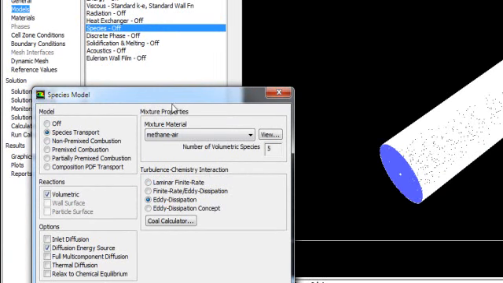So remember this configuration for methane-air combustion. So we will use species transport with volumetric reaction, and the reaction will be diffusion energy source, and the mixing material will be methane-air, and the turbulence chemistry interaction will be eddy dissipation model. So select OK,